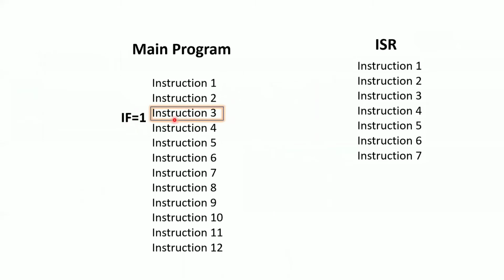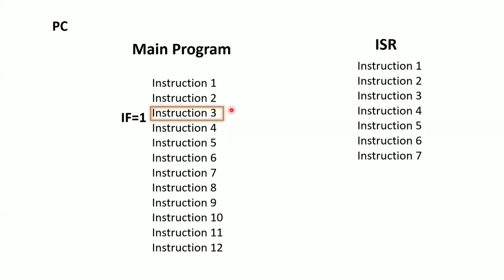I will explain. Now this is your main program, and this is your ISR. The main program is nothing but the Messenger or Facebook application, and the ISR is nothing but your calling screen. Now, during instruction execution, the processor uses one important register. What is the name of the important register for every instruction execution? It is called the program counter. I am sure you know this. The program counter stores the address of the next instruction to be executed.